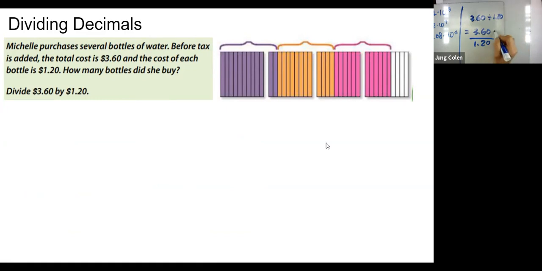If I multiply this whole thing by 100, I can do the same thing to the denominator, but the equality doesn't change. It's equivalent, right? We have learned that in fractions. So I can change this to 360 divided by 120. That's why we can multiply the same number on the numerator and denominator to change the dividend or divisor both to a whole number. Okay, we can do it. The key is